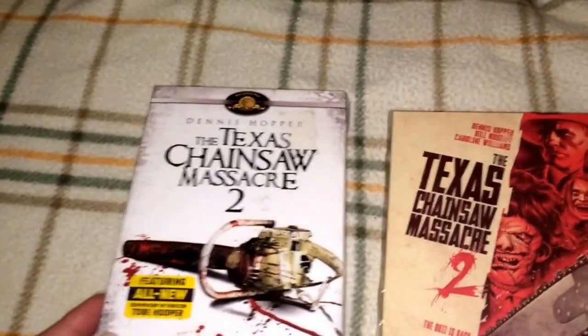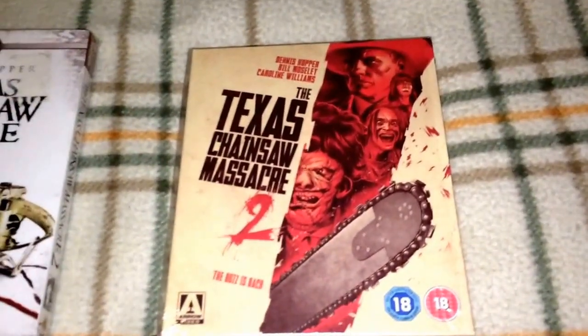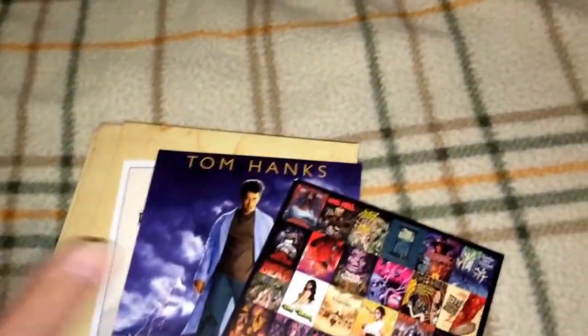This is just the DVD, and then this is the Arrow Video Texas Chainsaw box set, Blu-ray set, and this was limited to 10,000, and I believe it's still available. For whatever reason, this one never sold out. At least I don't think it's sold out yet. It was available for the last couple of years. I think this came out in 2012,